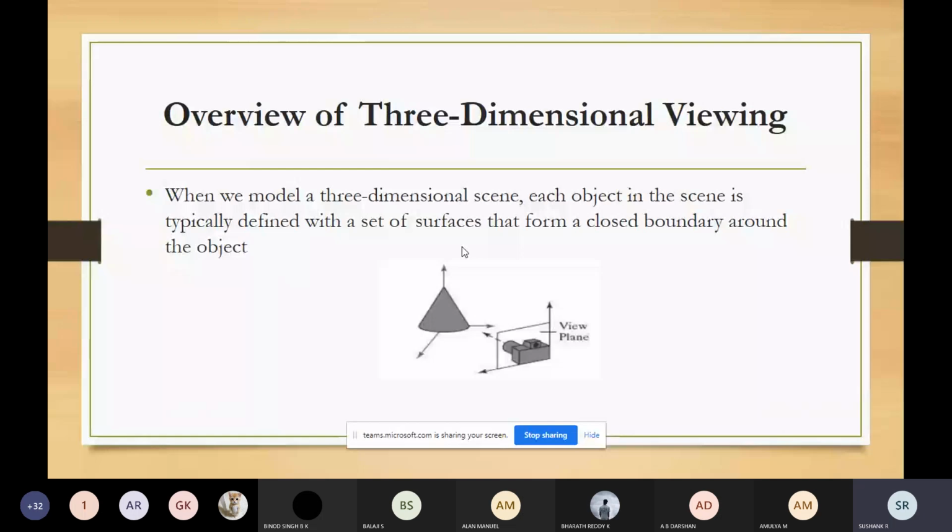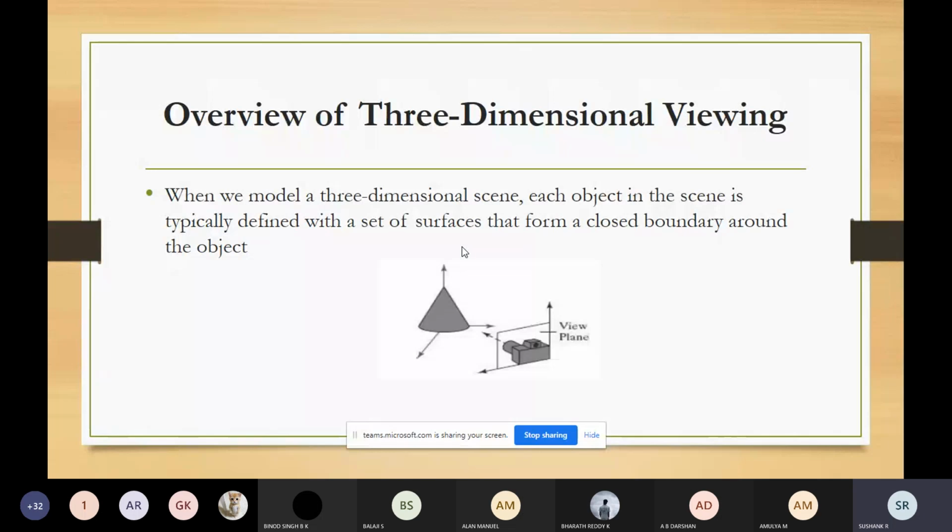When you're modeling a three-dimensional scene, each object in the scene will typically be defined with a set of surfaces that form the closed boundary around the object. For some applications, you also need to specify the interior structure of the object.